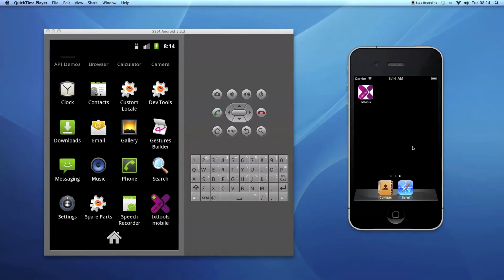Okay, so once you've downloaded the application from your market and installed it, you'll have the icon on your menu, exactly as you'd expect. You can see it in the bottom right of the Android menu here, and you can see it on the iOS menu. Well, it's the only one on the iOS menu. So if you click into the application,